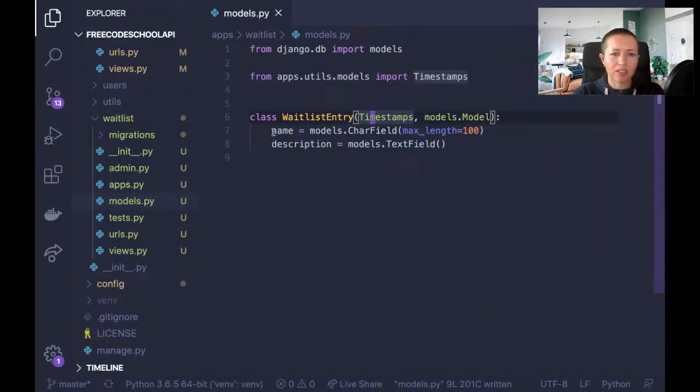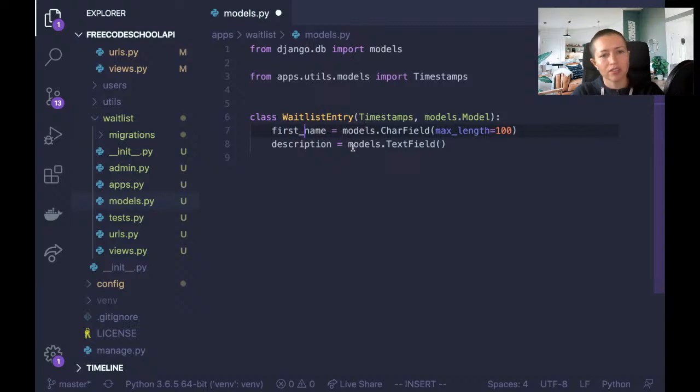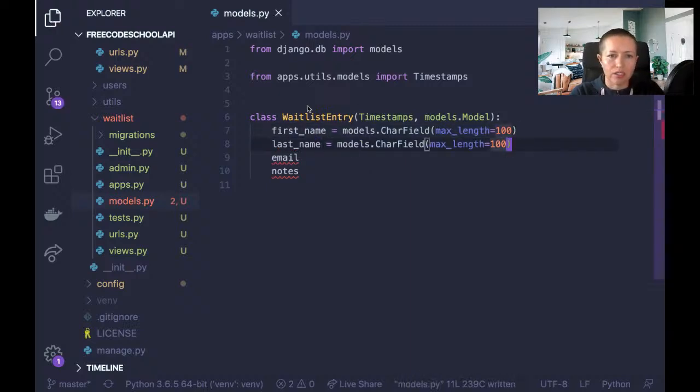So let me change this. I'll do first name, last name, and then email and notes. Okay, and so first name, yeah, it's a char field. Last name is also a char field. Email will be models dot